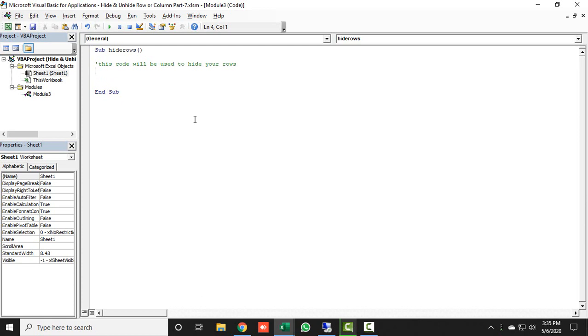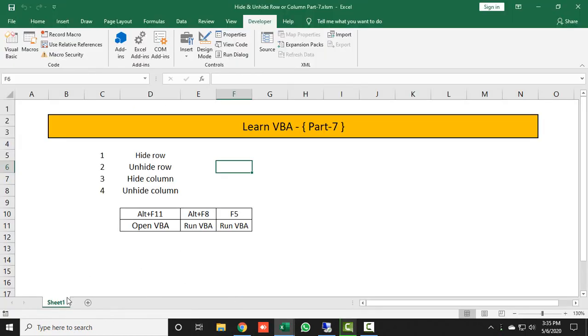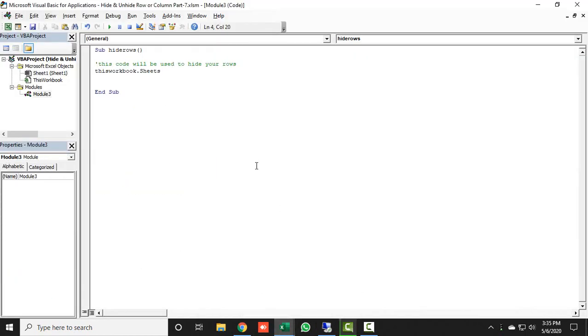So the code would be Workbooks dot Sheets, and in which sheet you want to hide your rows, that would be Sheet1. So I will type open bracket, under quotes type Sheet1, then close the quotes and close the bracket. Then dot, and what you want to hide, row or column.